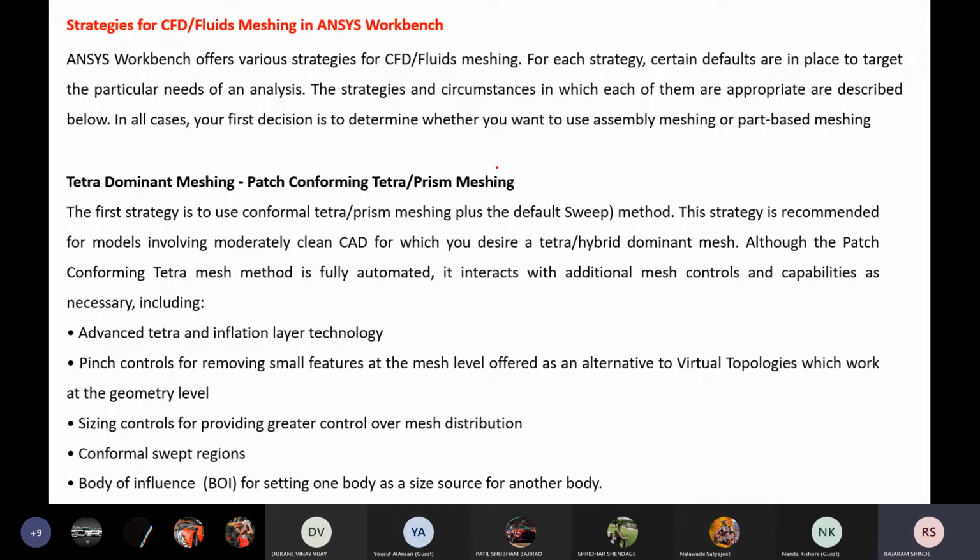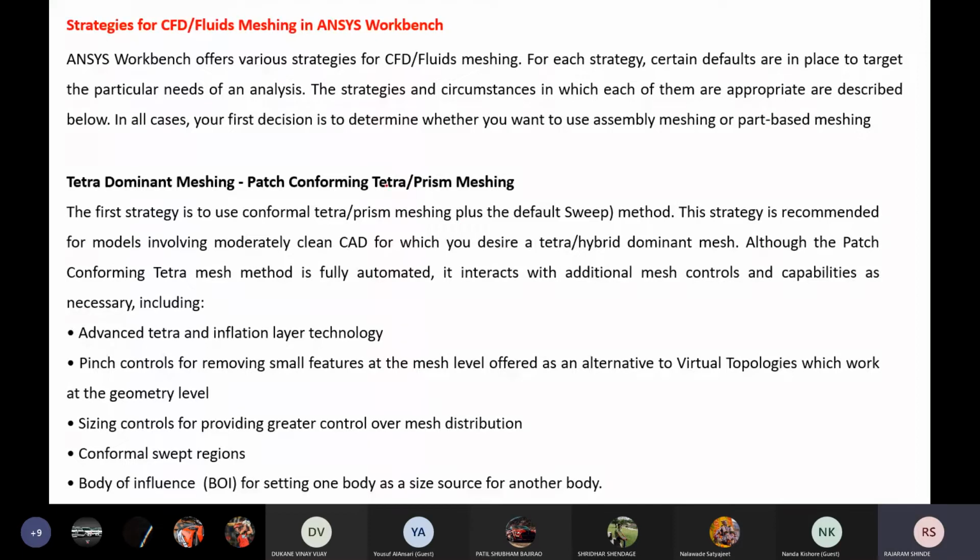The strategies and circumstances in which each of them are appropriate are described. In all cases, your first decision is to determine whether you want to use assembly meshing or part based meshing. Okay, now see here, these are different approaches for meshing or different strategies.